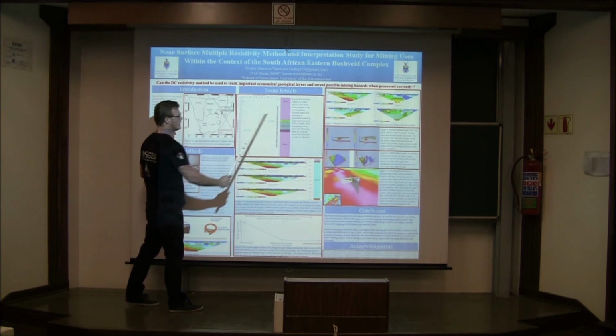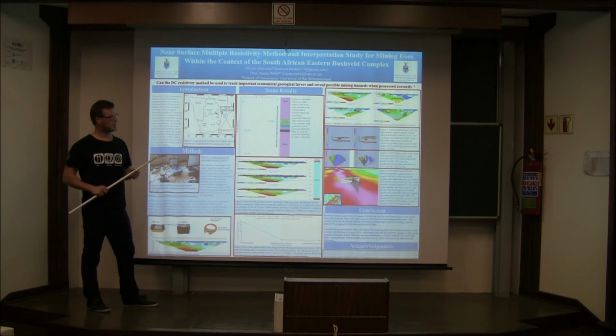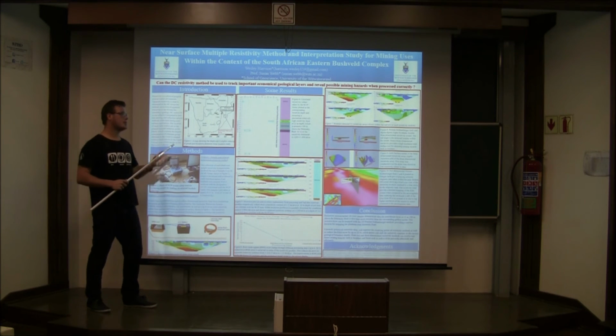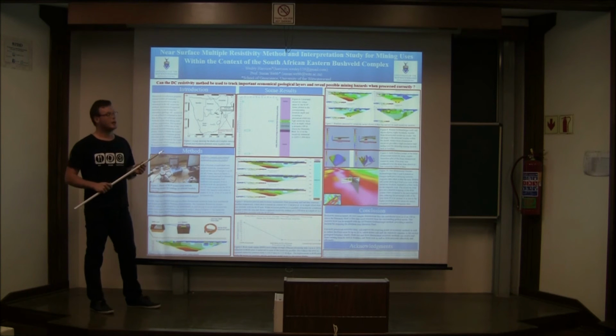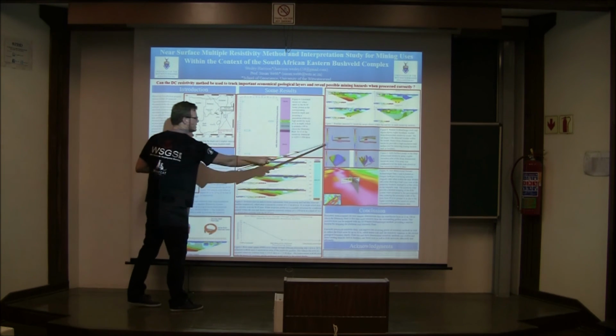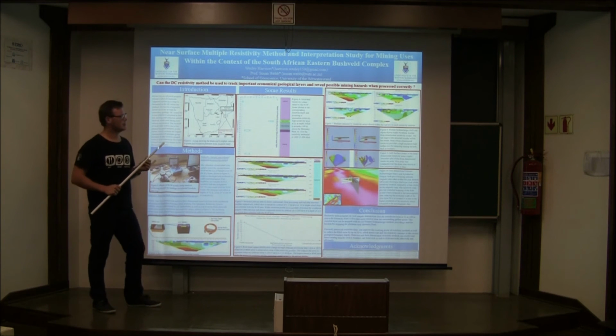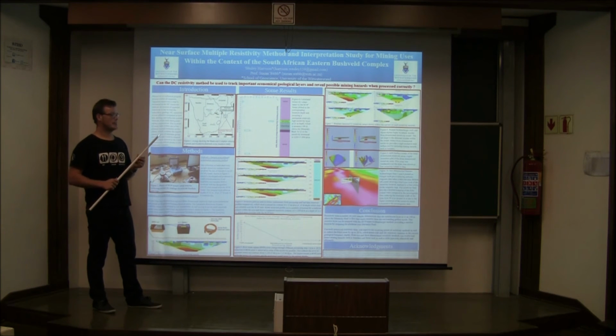These 2D profiles seen here detected subsurface boulders within the region. Now, these boulders play a huge role in hazard assessment for continuous mining, and 2D resistivity methods provide a cheap and efficient way to detect these boulders. We also created a synthetic three-dimensional model in order to test the feasibility of detecting these boulders with three-dimensional resistivity, and the results show that it's actually even more efficient to use three-dimensional resistivity due to the high resolution of